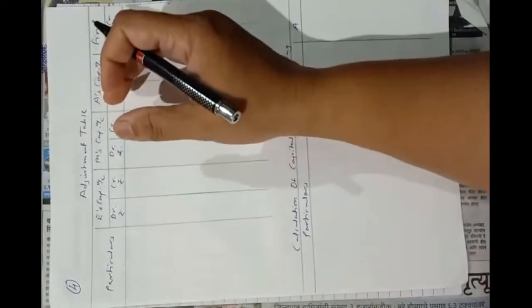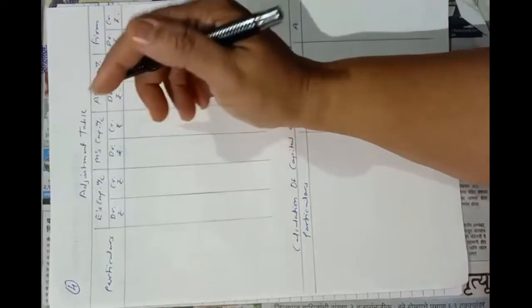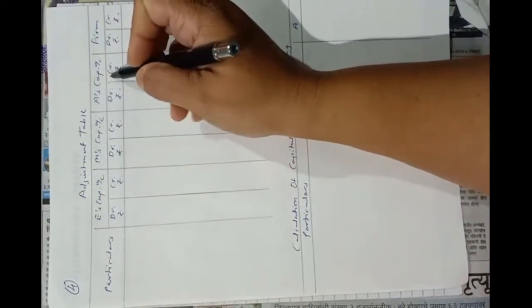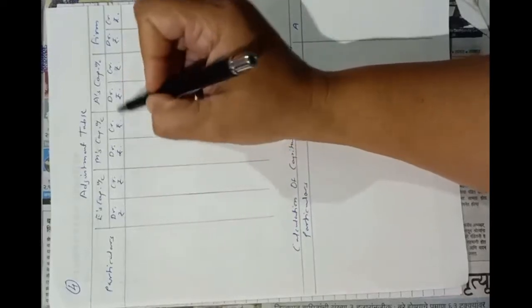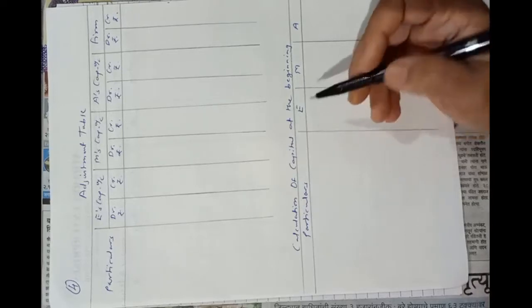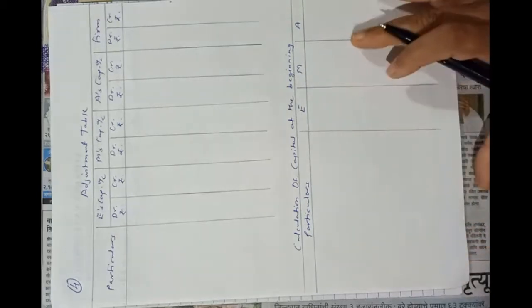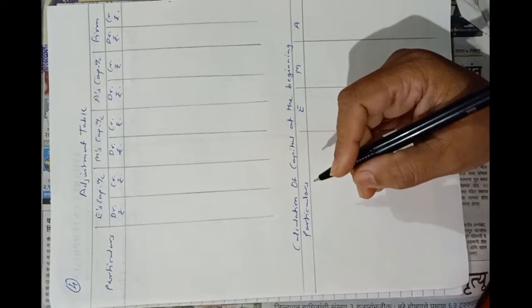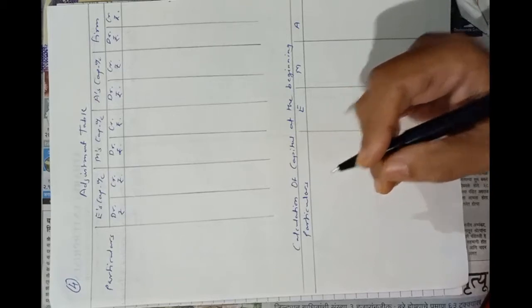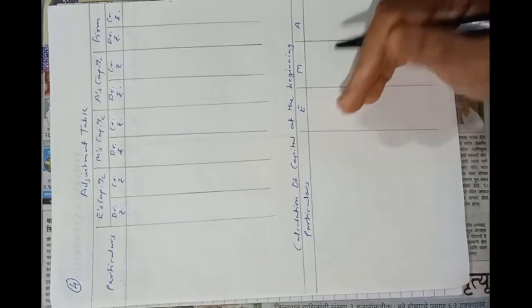So in this problem, here we will prepare adjustment table where capital accounts are given. So E's capital account, M's capital account and A's capital account, debit credit, debit credit, debit credit and firm's account particulars. In this problem also we have to calculate opening capital, that is capital at the beginning, because interest is always allowed on opening capital. So we will calculate capitals at the beginning, that is as on 1st April 2017 of E, M and A.